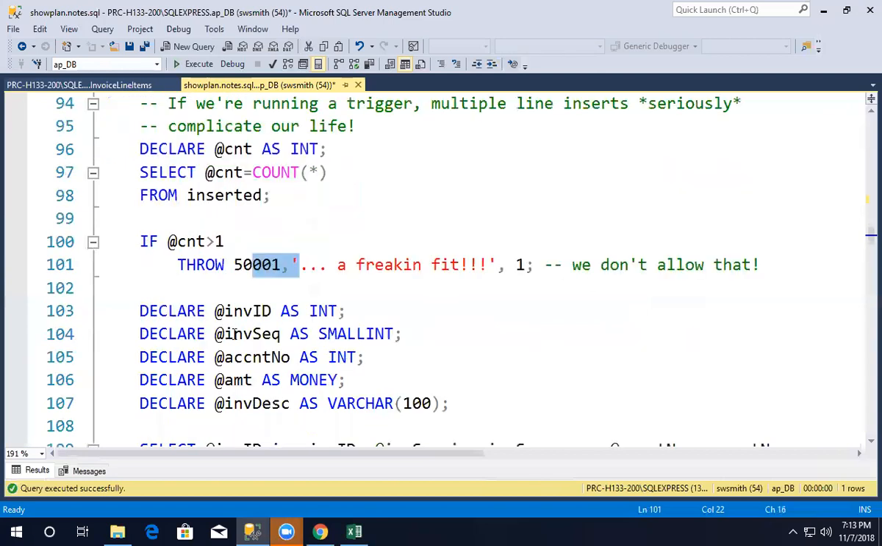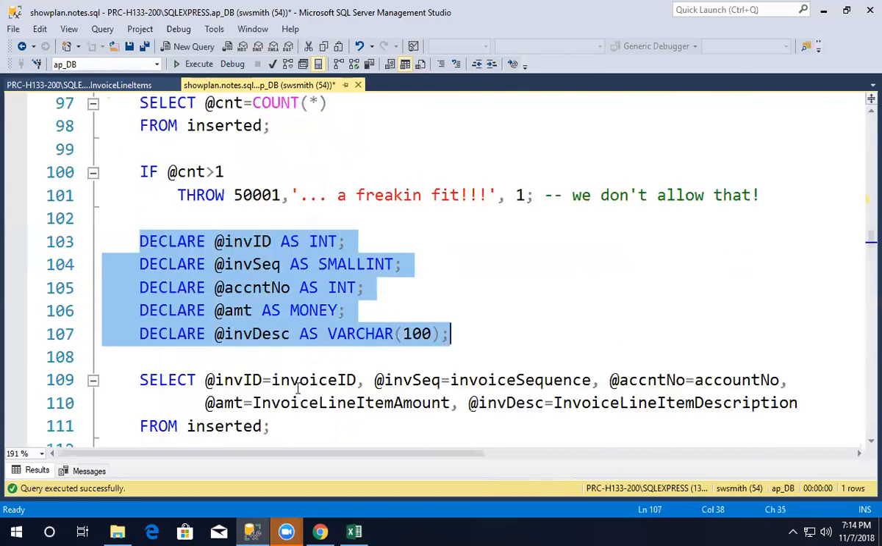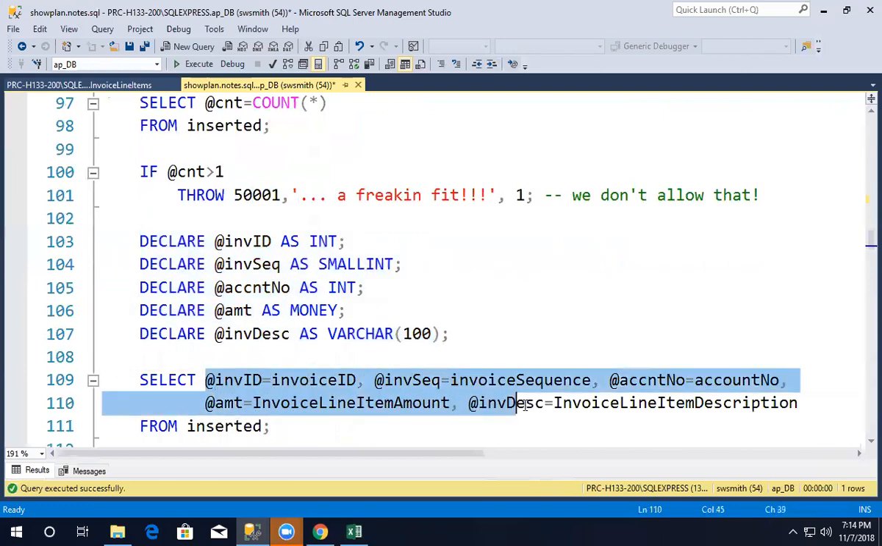Then I declare my variables. So what's there? We got invoice ID, invoice sequence, account number, amount, and invoice, what is that? INV, description, yeah. And then I select all of these things. I don't know why I didn't spell them out, but I didn't. Select all these things from inserted. In other words, I go out there and take all the data from inserted, put them into variables,